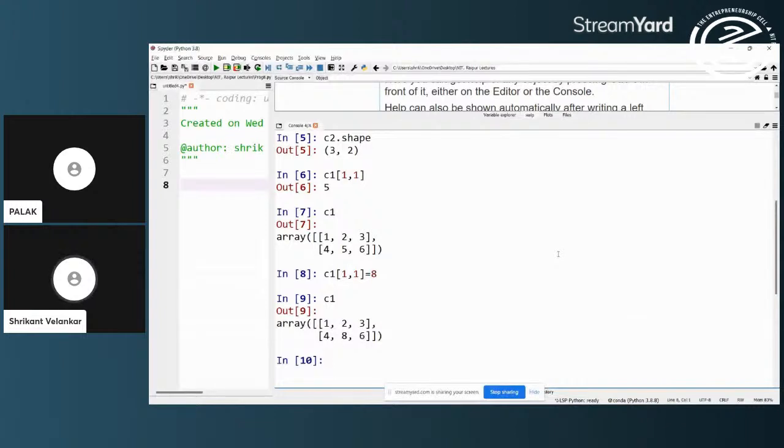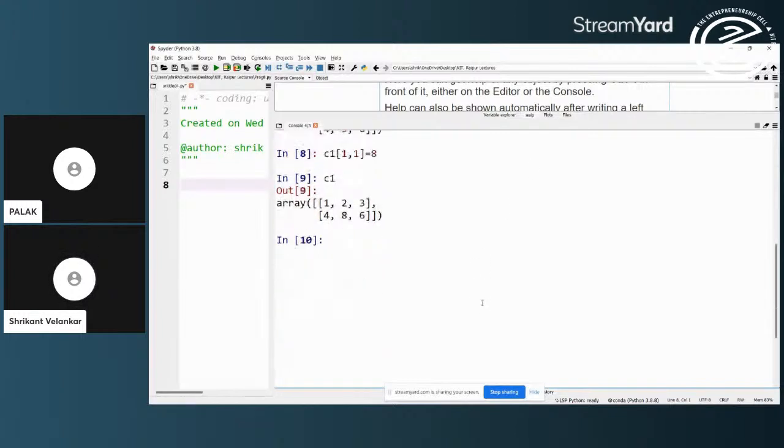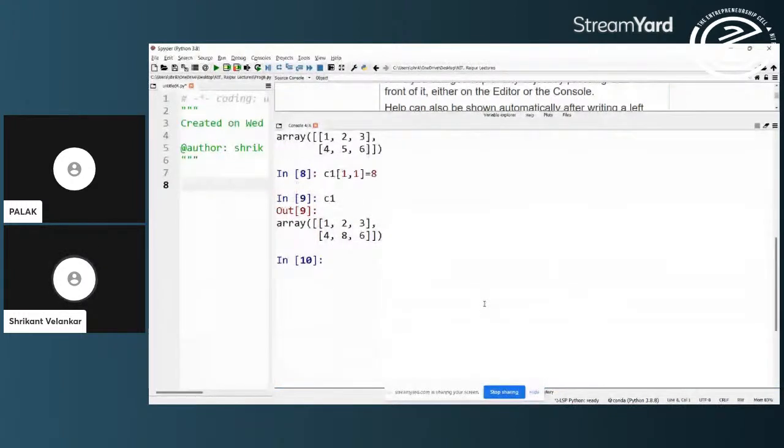Let's move ahead and see their changeability or interchangeability with respect to lists. For that, there are a couple of functions called reshape functions. Suppose I have a list, and I will create a list like L1, just like yesterday.